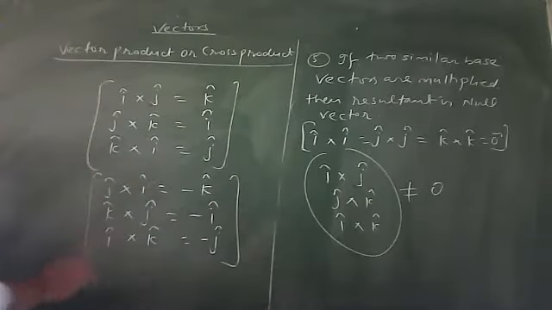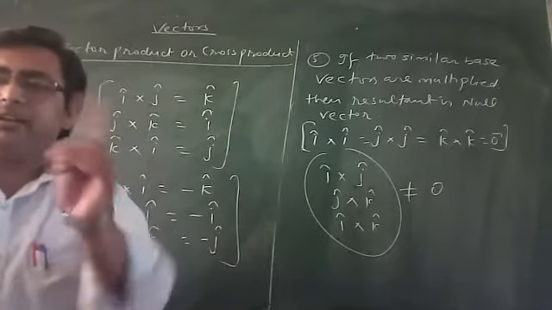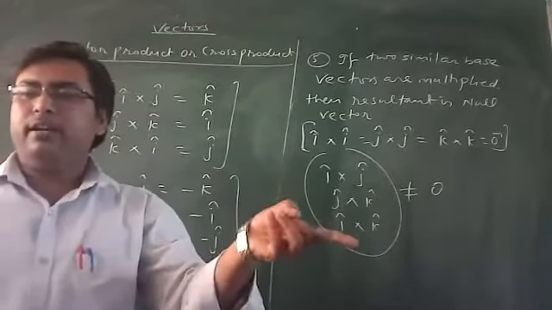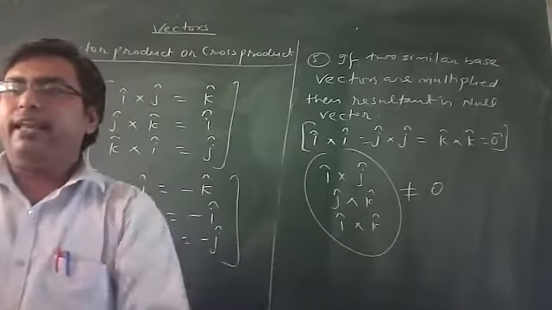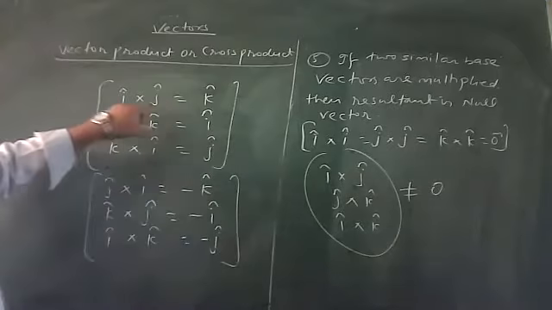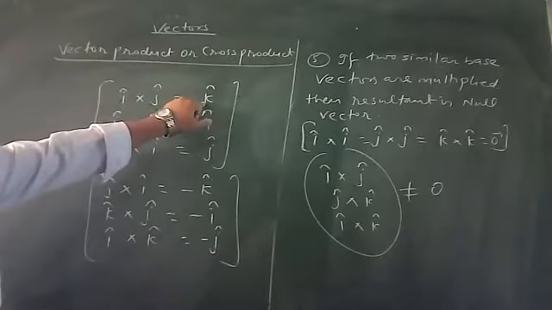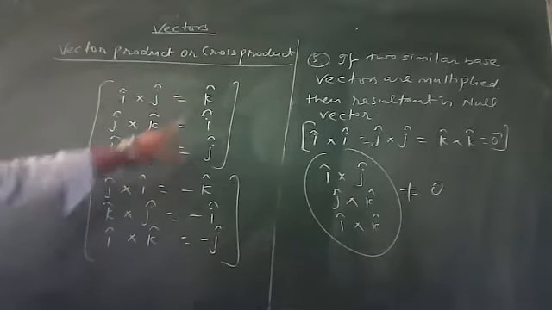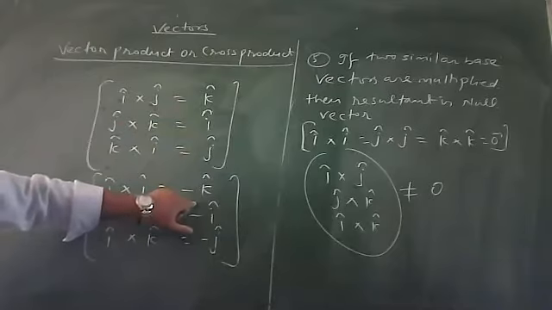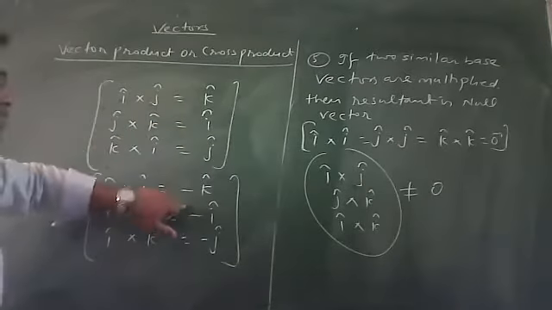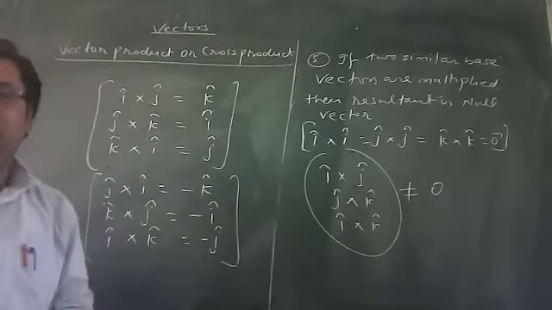That point we have discussed. First property of vector product, that A cross B is equal to minus of B cross A. That means the magnitude will be similar, but the direction will be exactly opposite. So if I am multiplying A cross B, we will get K cap. If I am multiplying B cross A, I will get the minus sign. It is just that the direction is exactly reversed. That is the major point.